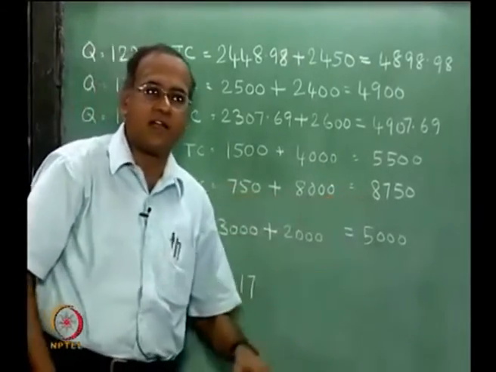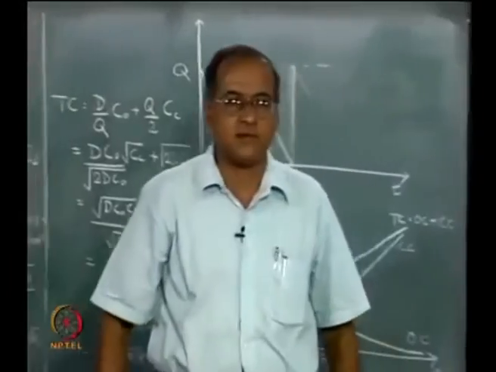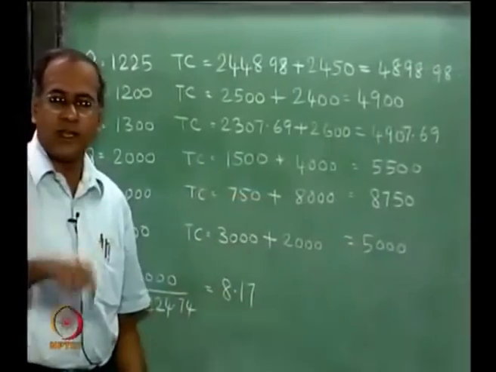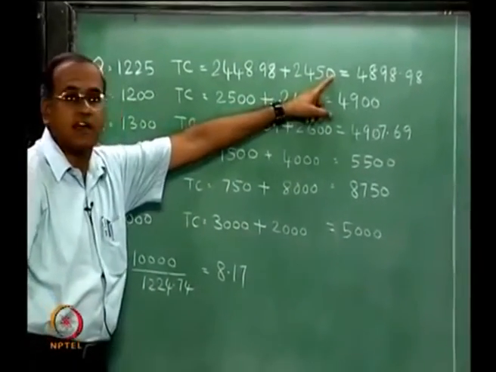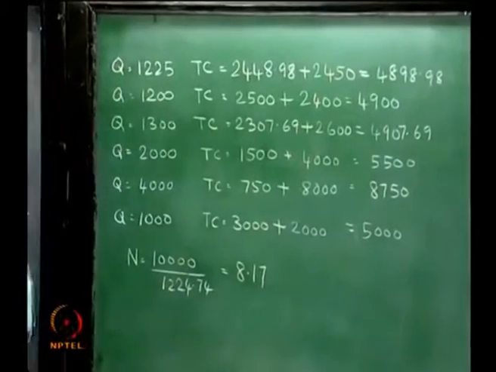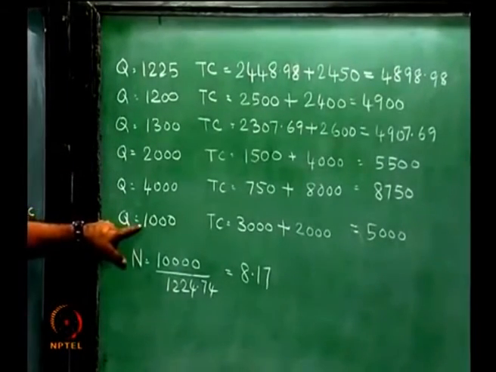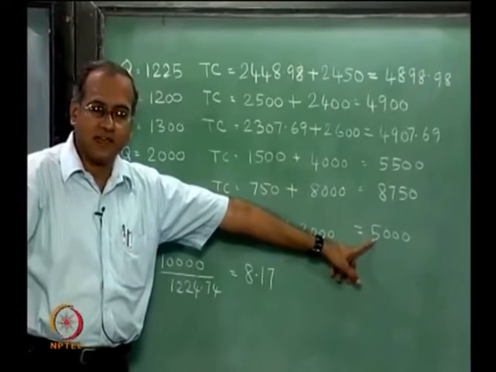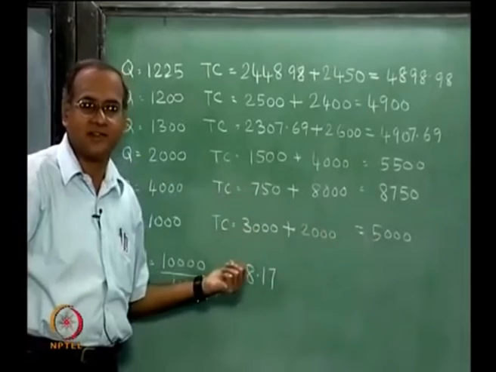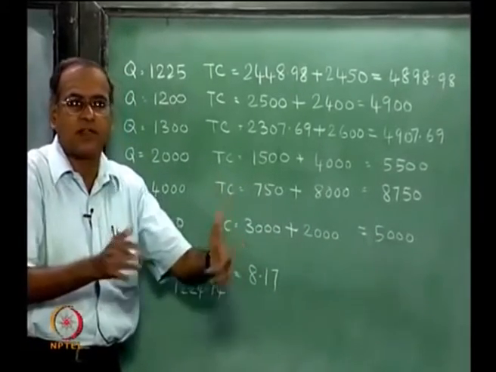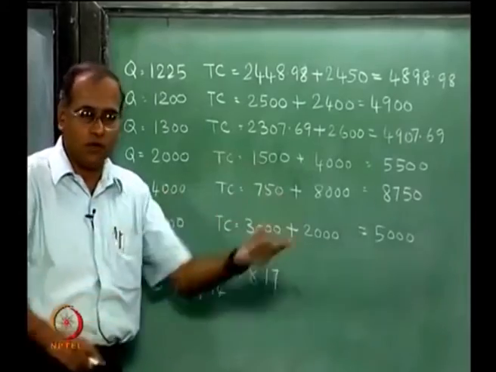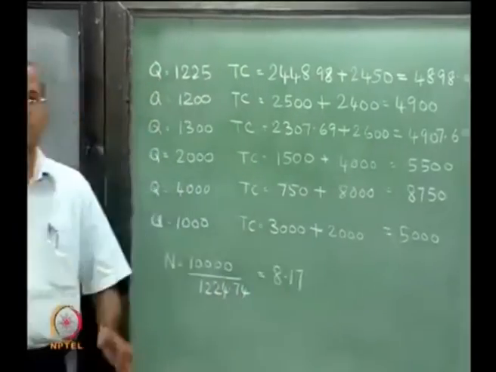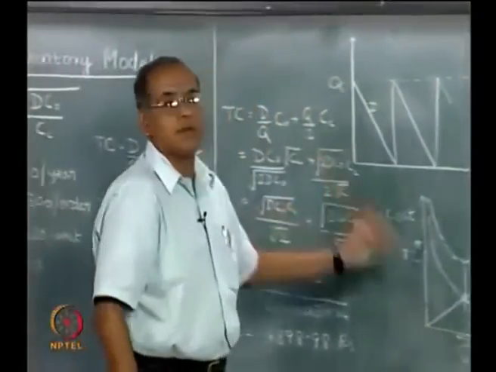So if right now we have a vendor who is giving us only 4,000, because of which we are incurring 8,750, and if we do the economic order quantity and understand that it is somewhere near 5,000, the next thing we need to do is to see whether our vendor can give us 1,000 so that we get a cost of 5,000. Otherwise, we should try another vendor who can give 1,000 and spend an additional 5,000 per year on this item, rather than buy 4,000 at a time and spend 8,750 on that. This is the most important learning from the economic order quantity formula.